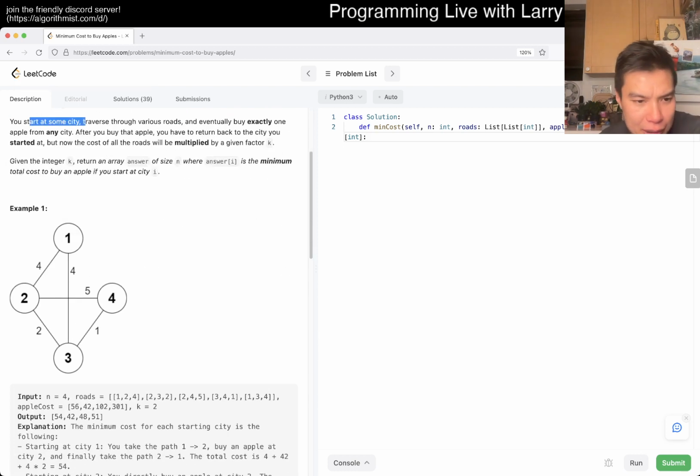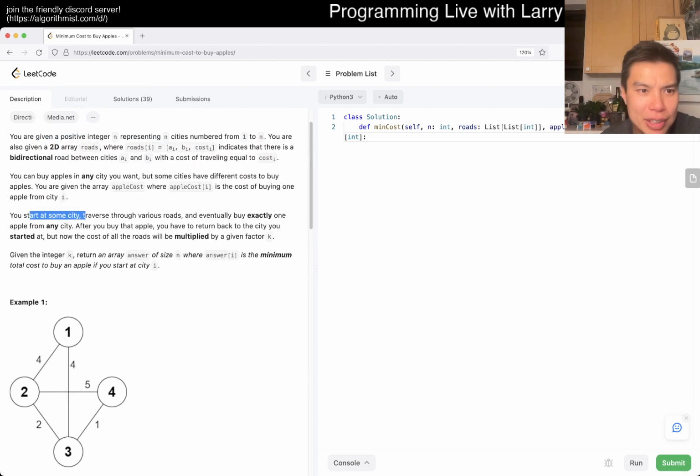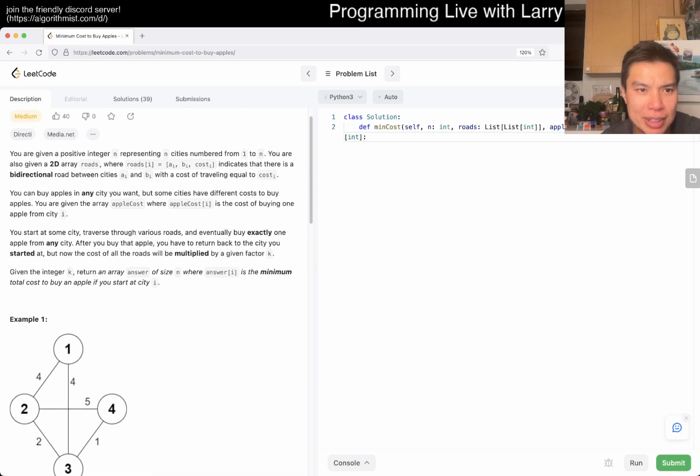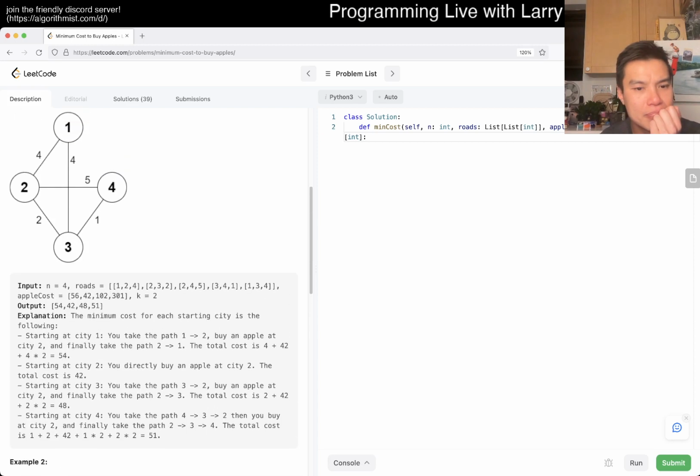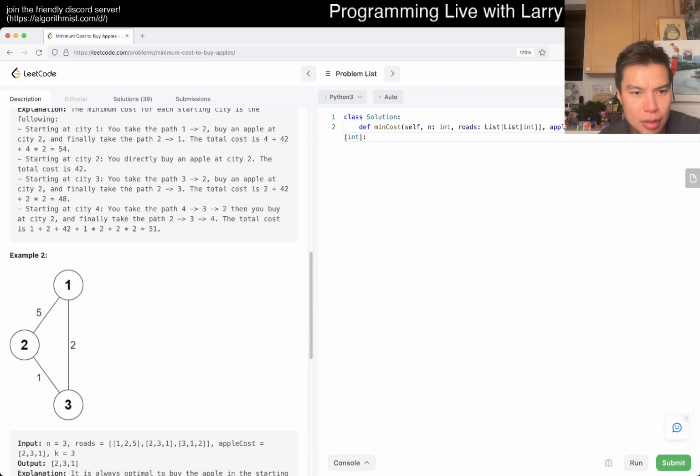You start at some city part is always weird because they didn't really specify. It should be from every city, but it's just very awkward that I read it at the very end and then look at the example. But so it seems like